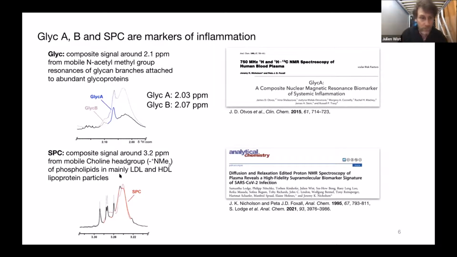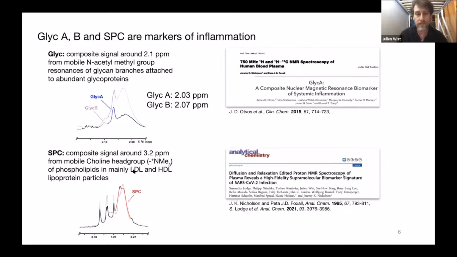And we are proposing to look at this signal that is observed to go downwards, so that decreases with infection, and that we call SPC, which is also a composite signal made of the mobile choline head groups,